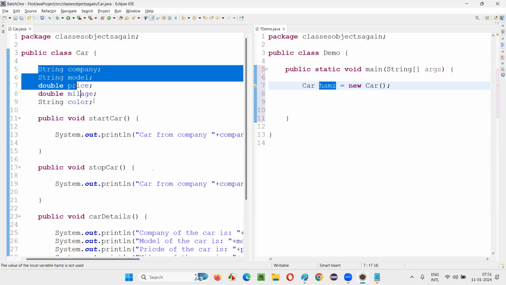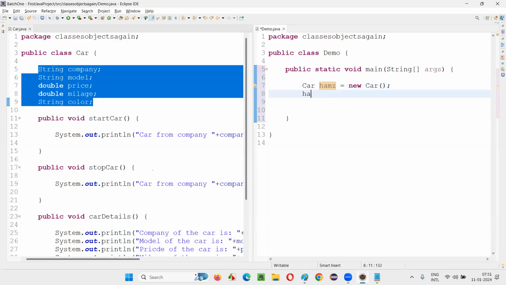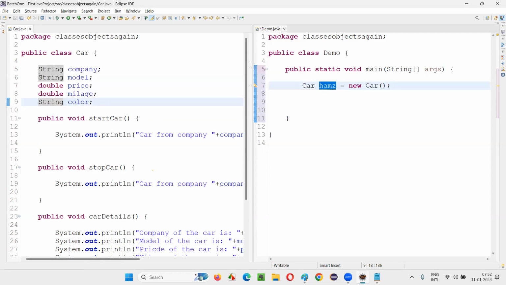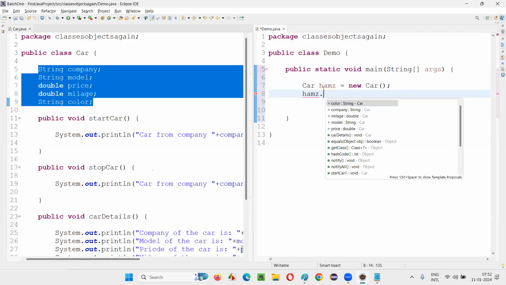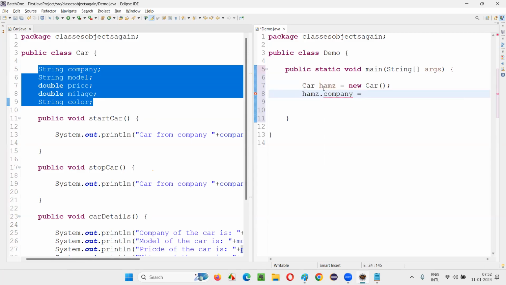Now, using this, I have to initialize these variables. For that, I have to write HAMZ. Using this object reference, I have to initialize these variables. How to initialize these variables for this particular object using the object reference? HAMZ.company = "Honda"; HAMZ.model = what is the model?